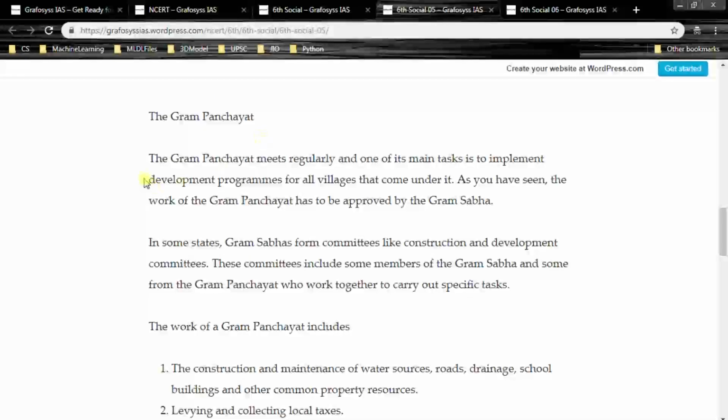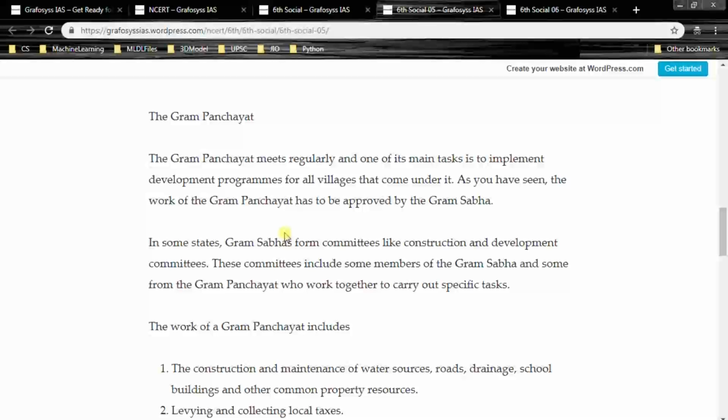The Gram Panchayat meets regularly, and one of its main tasks is to implement development programs for all villages that come under it. As you have seen, the work of the Gram Panchayat has to be approved by the Gram Sabha. So all the works have to be approved by the Gram Sabha, and this Panchayat meets regularly and discusses all the tasks and development programs for that particular